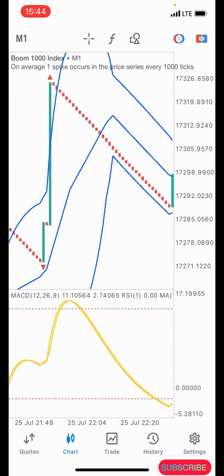Today's video I'll be sharing with you guys another powerful boom and crash strategy that you can use to scalp the market. Okay, so without wasting much of our time, I'm going to quickly share with you guys the indicator setup, and then I'll explain how the strategy works. Alright, so